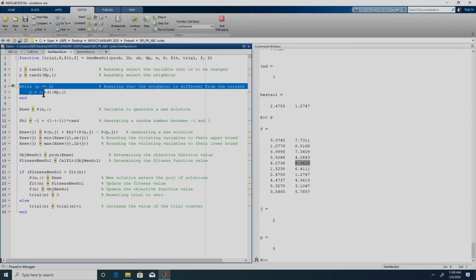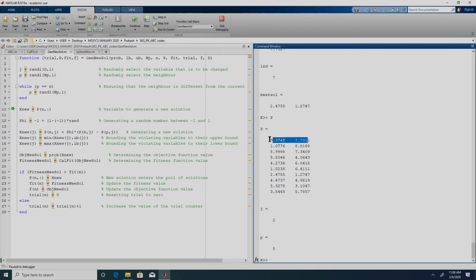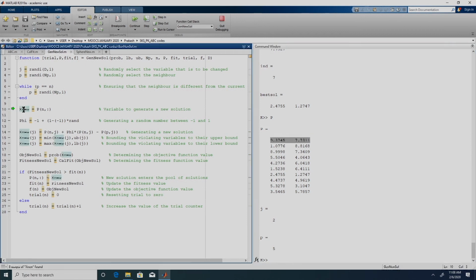If you remember TLBO, you would also be able to understand this. What we are doing here is ensuring that the randomly selected member is not the current member. The current member is 1 and the partner we have selected is as of now 5. Had it been 1, it would enter inside this while loop and may generate some other number. This condition is executed till p is not equal to n. In this case it will not go into this loop, right. So that is done. Now we are copying the first solution as x new.